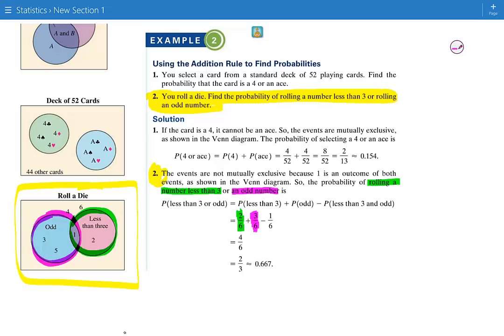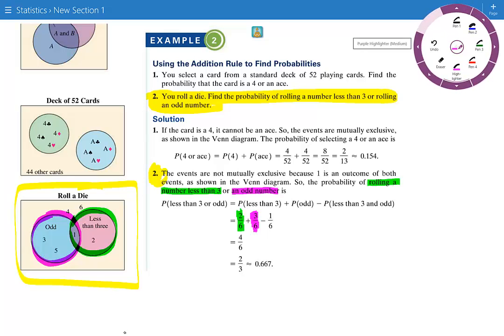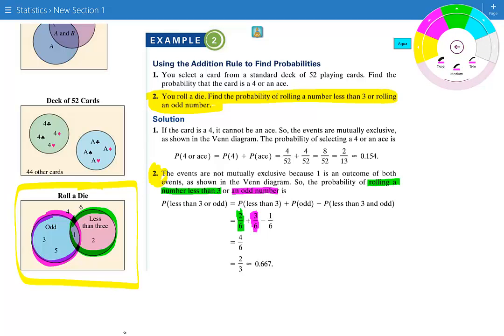Well, it becomes quite clear in looking at this that there is an intersection right here. There is a number in the middle that appears in both of these counts. So we have to subtract it. Otherwise, we end up double counting it. And you would get 5/6 instead of 4/6, which is noticeably different